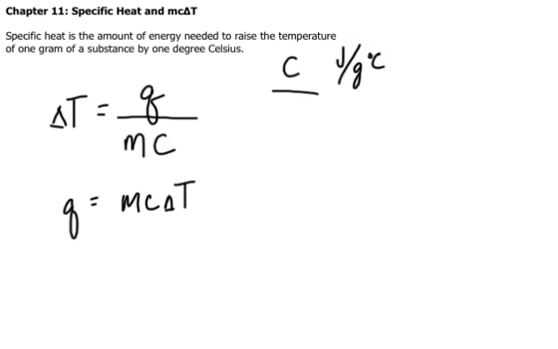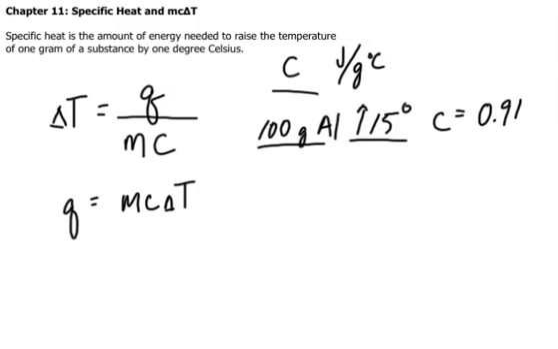And a typical problem that might come up is something like if you have 100 grams of aluminum and you want to raise the temperature by 15 degrees, you want to increase the temperature by 15 degrees, then how much energy will it take in order to do that? So you have the mass of the aluminum, you have the temperature change of the aluminum, and you need the final thing, the C value for aluminum, which equals about 0.91. So you can plug all those values in,